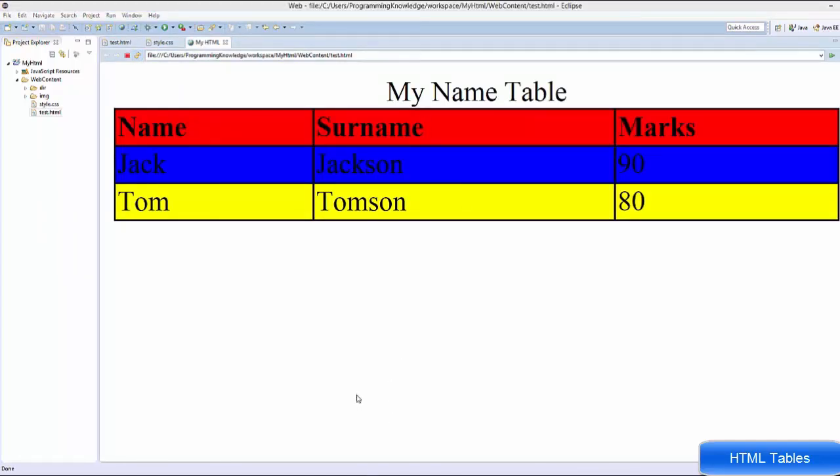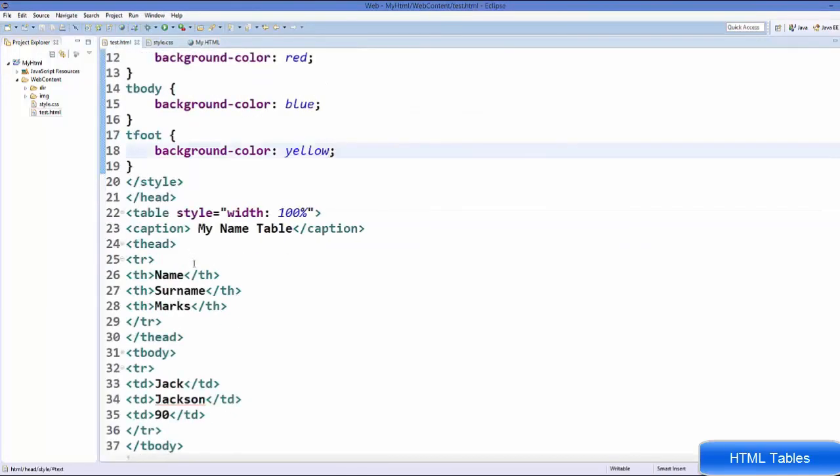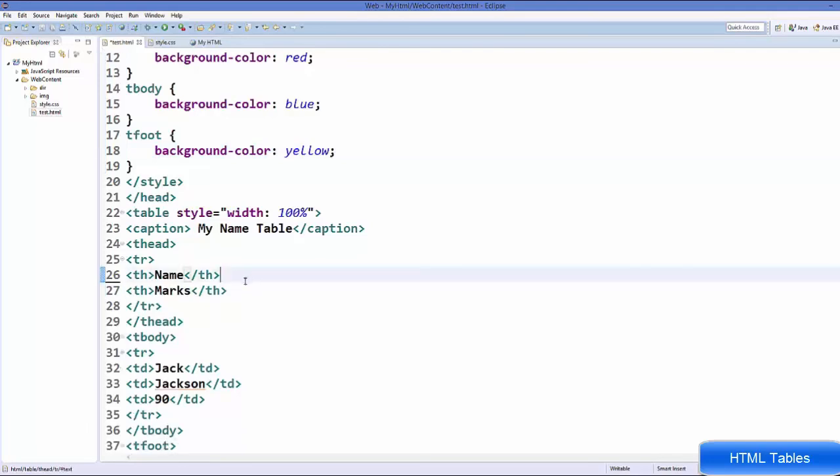Okay, now there is one more property called column span, so that you can have one column in 2 column spans. Okay, so I will give you an example. For example, I want 2 headings and not the 3 headings. So what I can do is I can remove this middle heading from here, and I can add an attribute